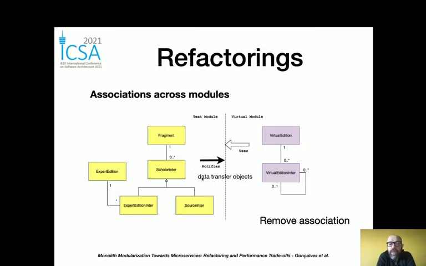for the interaction between the modules. And associated with data transfer objects, you need to have unique identifiers, external identifiers, in all the domain entities that are known from outside. Because when this module needs to know the data of Scholar inter, for instance, it needs to have an ID of Scholar inter to ask this module: please send me a data transfer object with the information of Scholar inter.